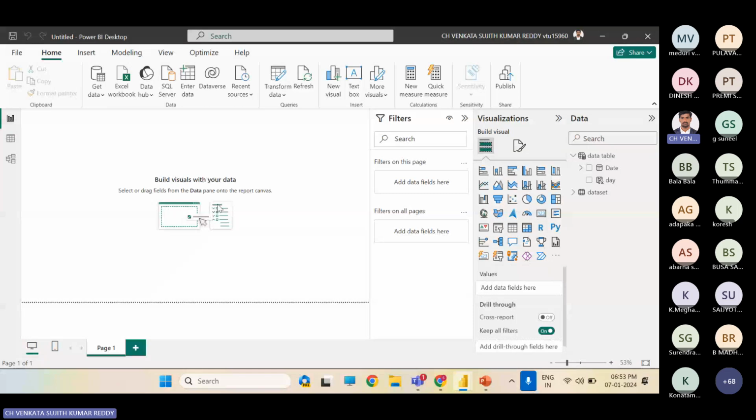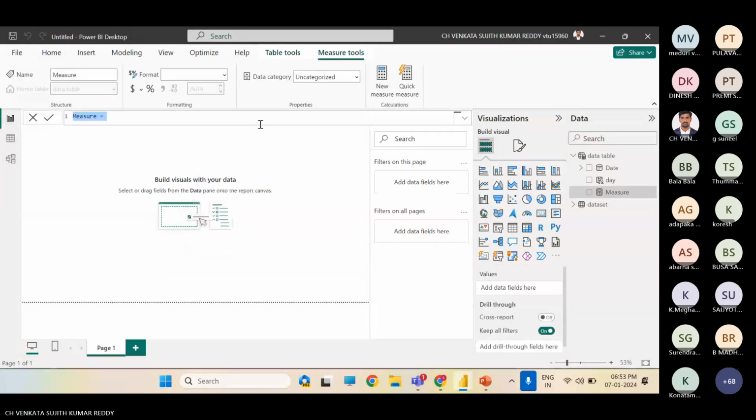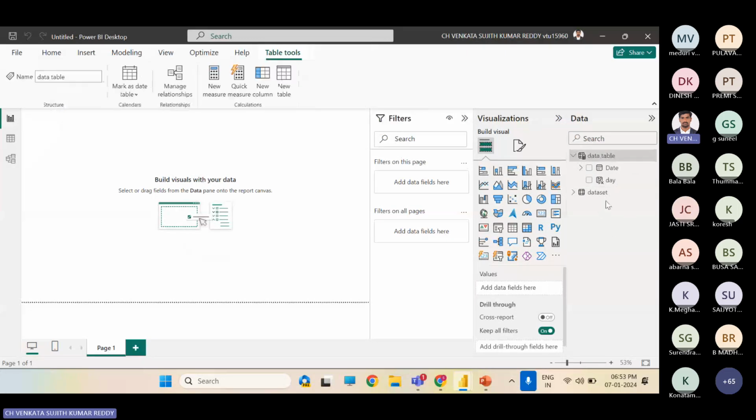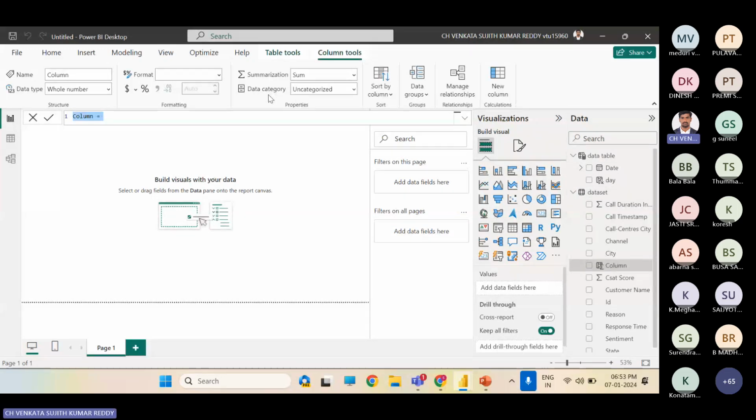First I'm going to create some measures. Make sure, before typing, to select the data set in which we are going to create measures. Here I go to create measure, and I need to find total calls.